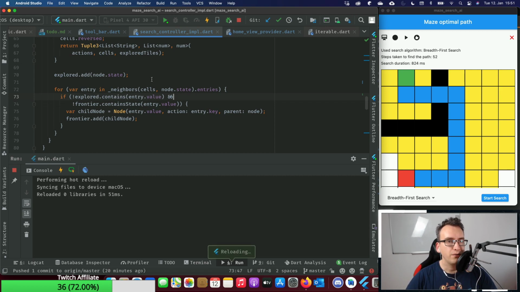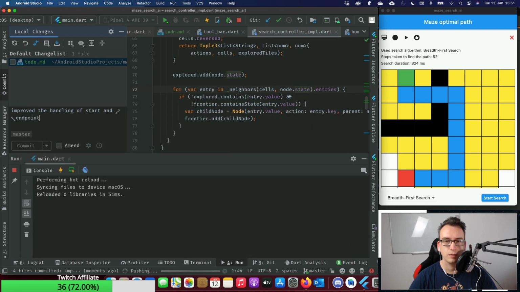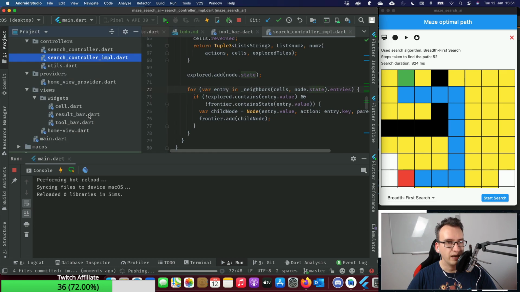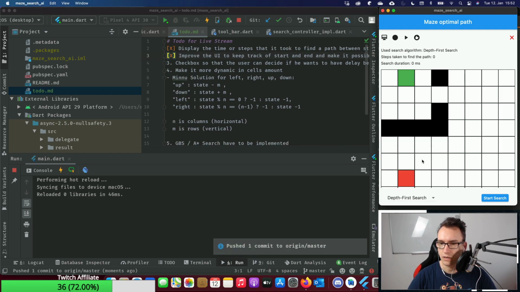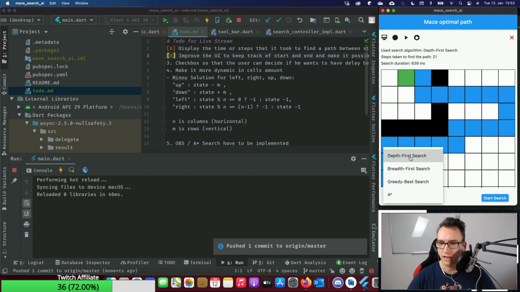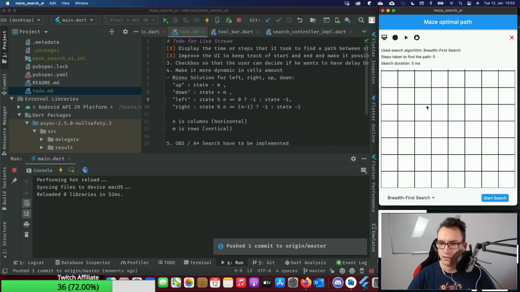So now we want to make it visible. We can update this. So what did we do actually? So we improved the handling of start and end point. And with that, the next to-do should be done. So to make it possible to reset correctly, yeah, I think that we can do now. And for the user, this is way better to understand what happens on the screen. All right, so we can clear everything. That still works the same, right?